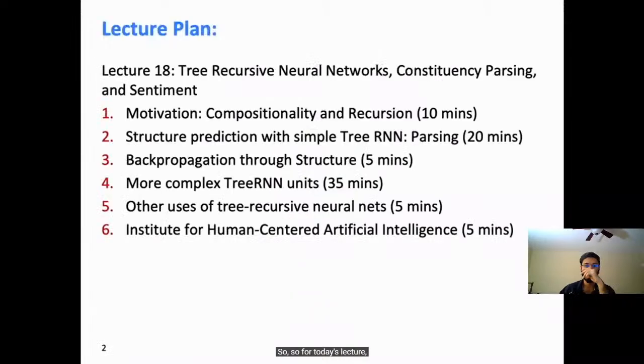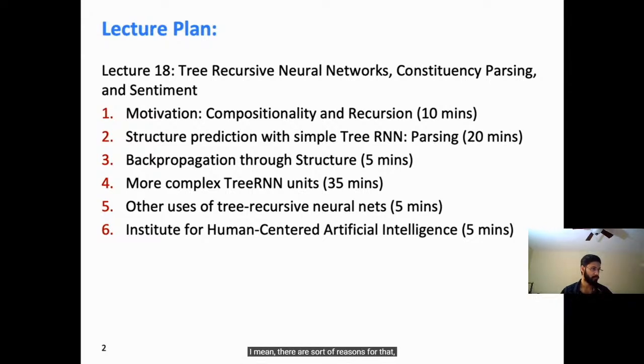Okay, so for today's lecture, what we're going to do is look at the topic of tree recursive neural networks. This is actually a topic which I feel especially fond of and attached to, because when we started doing deep learning for NLP at Stanford in 2010, for the period from 2010 to 2015, the dominant set of ideas that we were working on was how you could build a recursive tree structure into neural networks. So in a way, it's kind of funny that I'm only getting to it now.